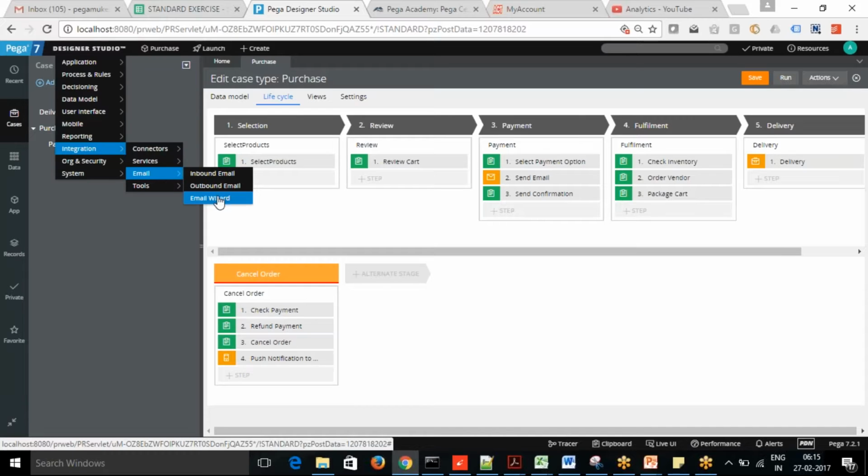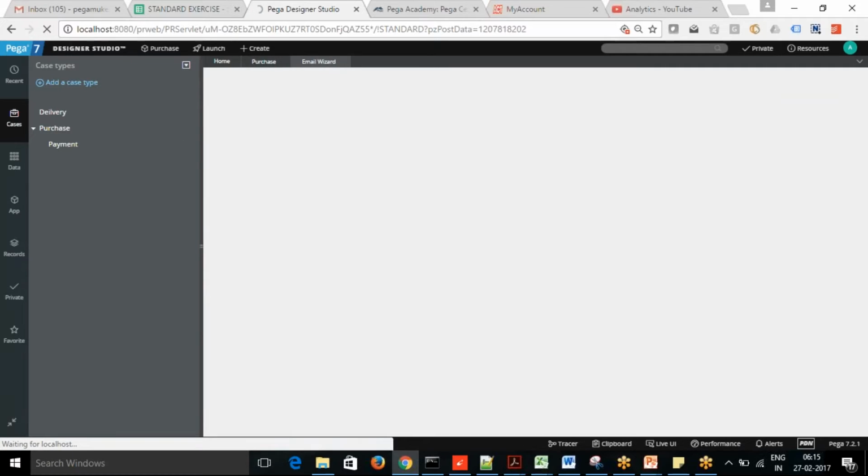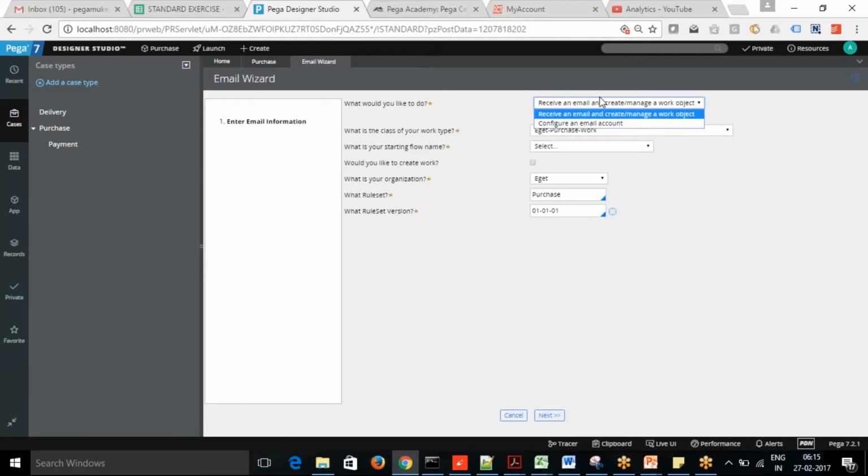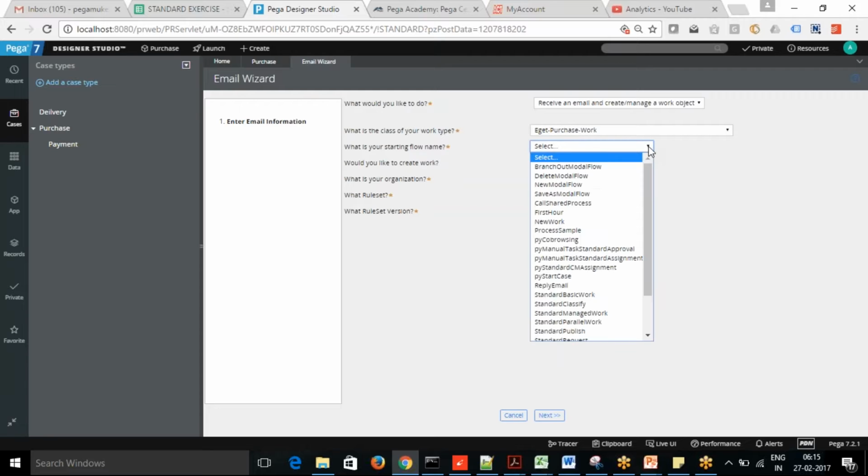You need to start with the email widget, because what you want is to enable the email service for your case. So here, say receive an email and create and manage a work object. So you need to give the work type. What will be the starting flow?